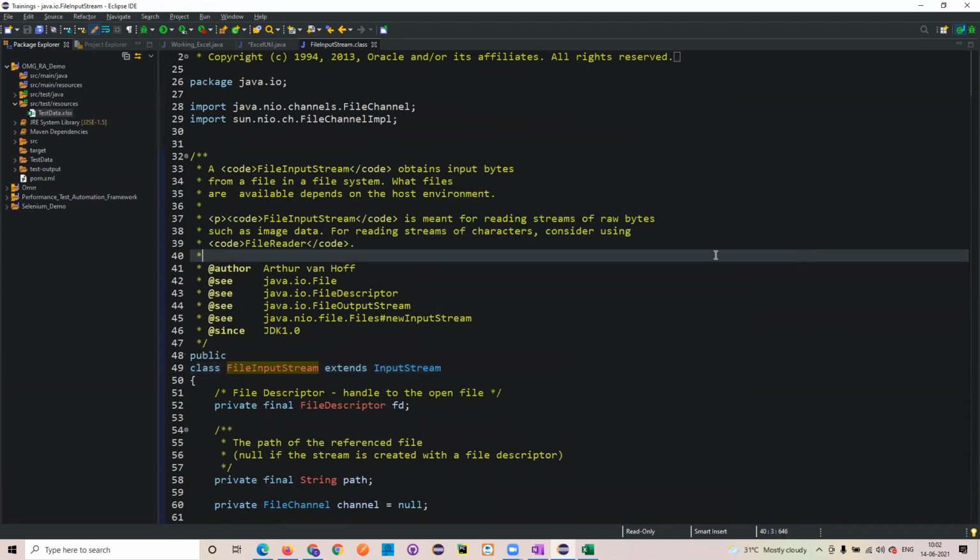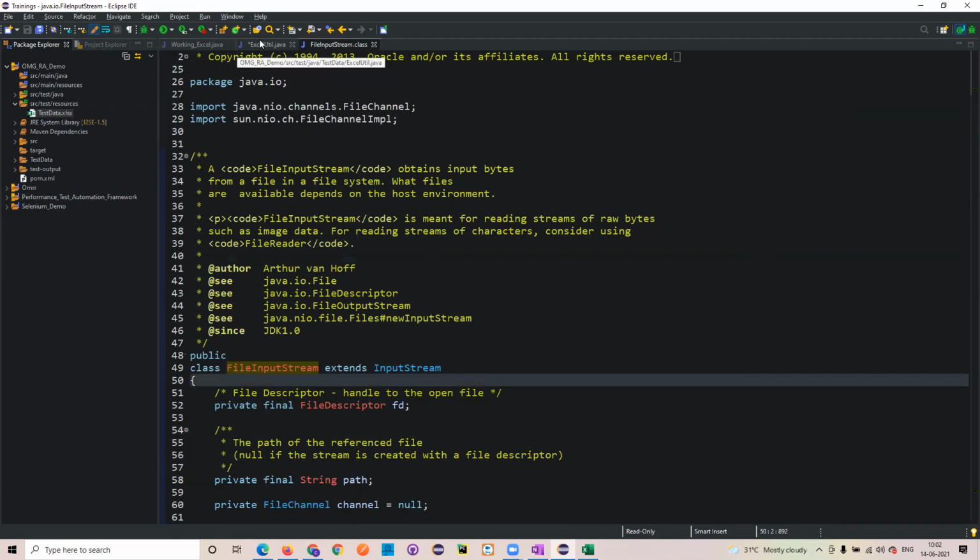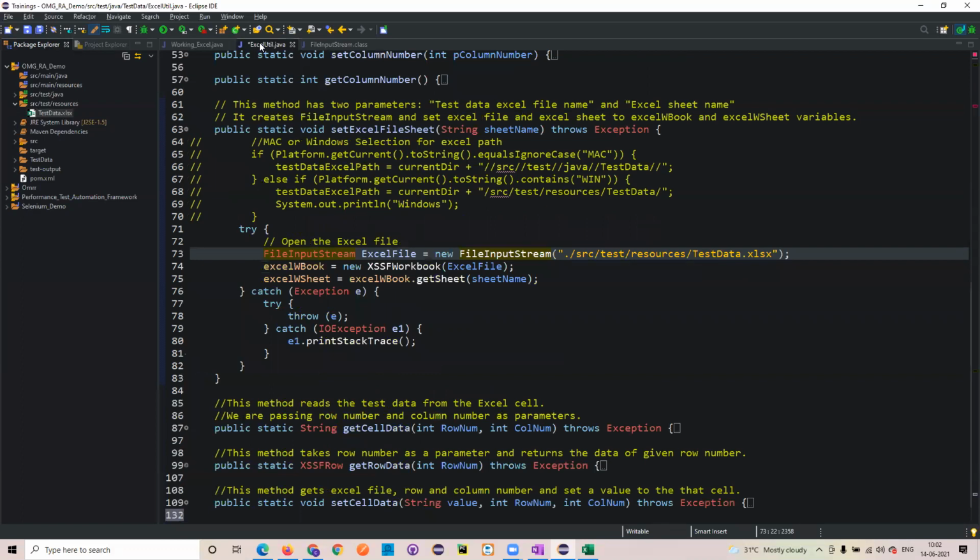Now with this particular FileInputStream, what we will be trying to do is read the particular data or images with the help of this class. This is a default class which is available in Java, not from Selenium. For this class I created an object, and we do have multiple constructors, right? One of the constructors will accept the source from which it needs to read the data. As I told you, this class will help you to read the data or read the image.